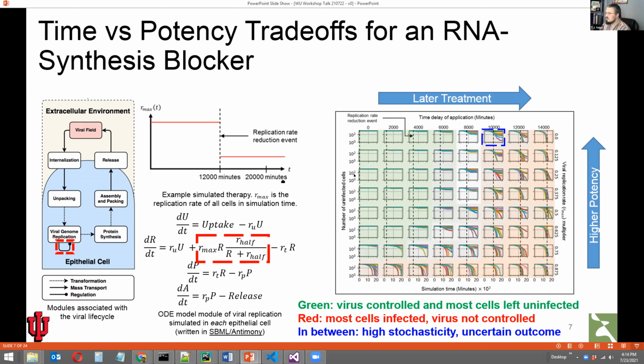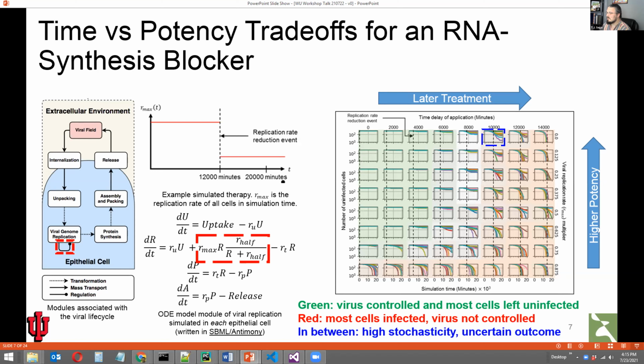And you can see the effects in this plot here, this grid. So moving from left to right, these dotted lines show the moment in time for each of the sets of experiments when the therapy was applied, where in the leftmost column, the simulation is initialized with the therapy applied, and then in the far right column, much, much later. And then on the top row, we have something like an absolute treatment, in that when the therapy is applied, Rmax is set to 0 and replication stops.